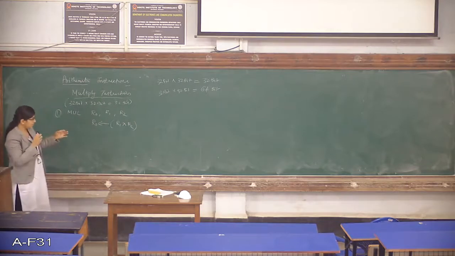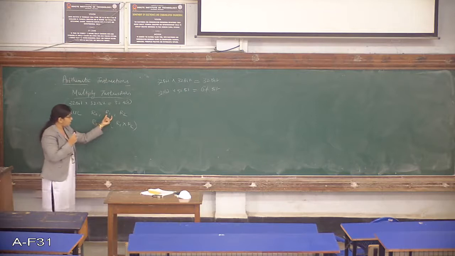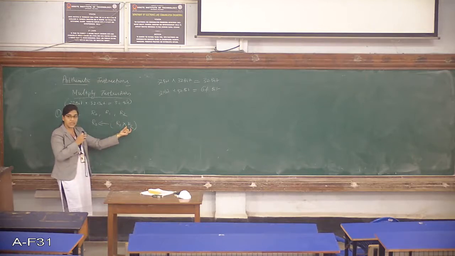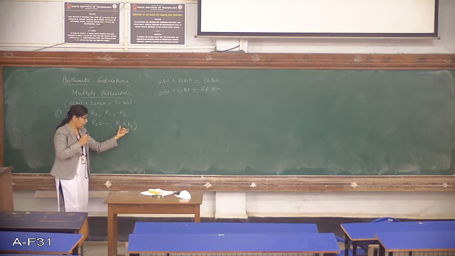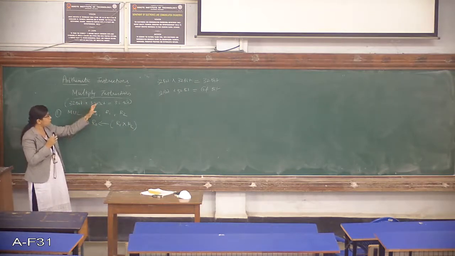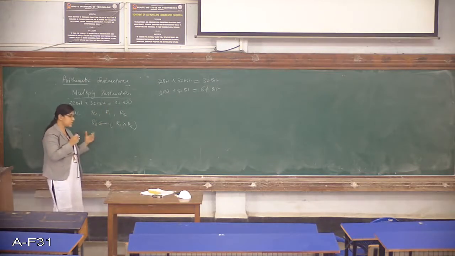Now you can see here, since R0 is 32-bit, when you are multiplying R1 and R2, suppose R2 has a 32-bit number and R1 has a 32-bit number. If you multiply this, R0 can accumulate only a 32-bit result. So these instructions are only for when you know that the result is 32-bit itself. So you will be using this instruction.